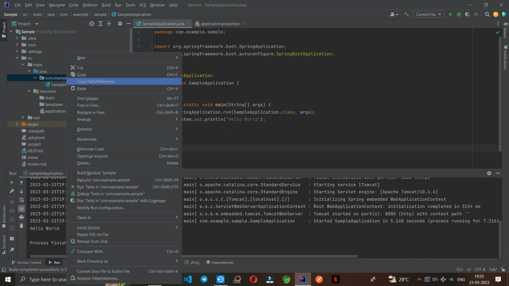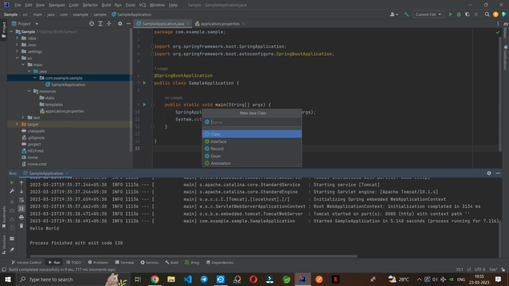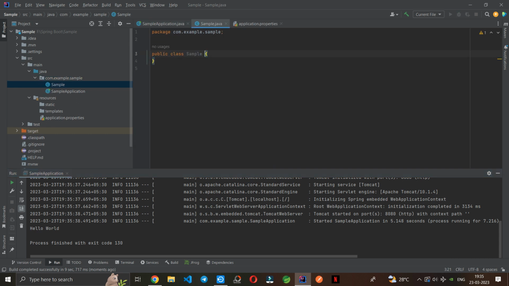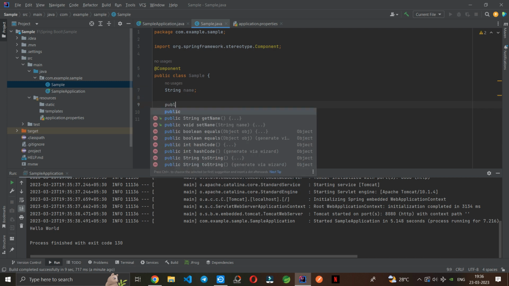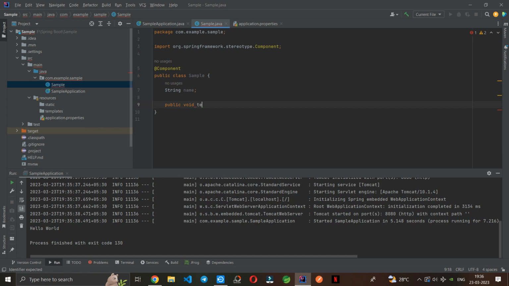So let's create another class. Let me name it sample, and then this class will be a bean. So I use component, and then in order to use the value annotation we must store the values from the properties to a variable, right? So let me create a string named name, for example. Okay, let me create a method public void test,